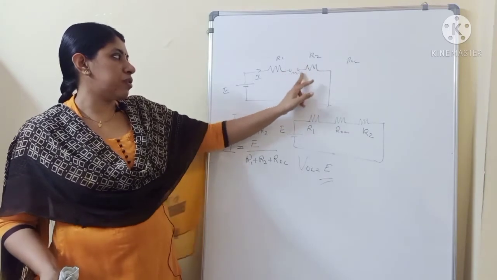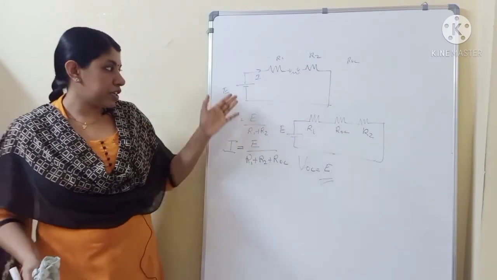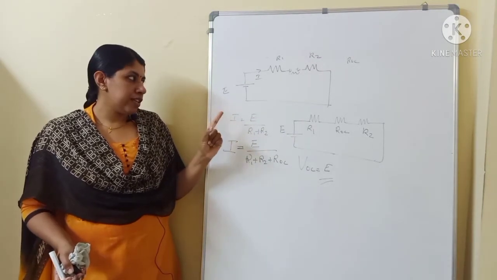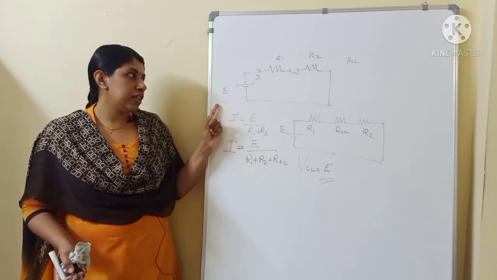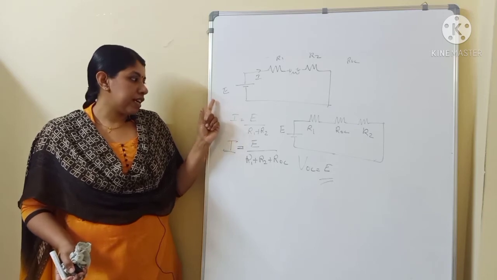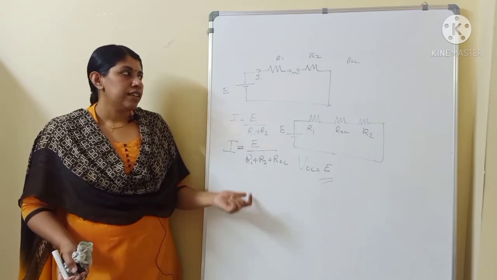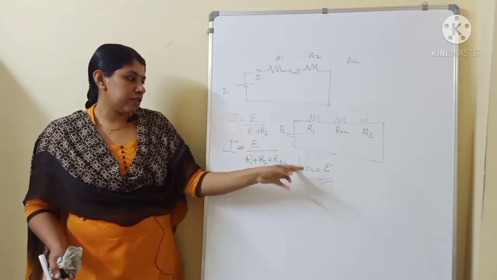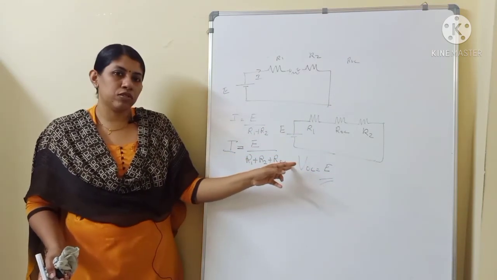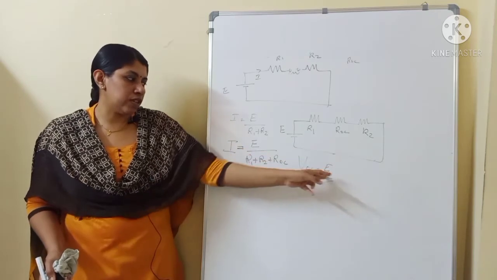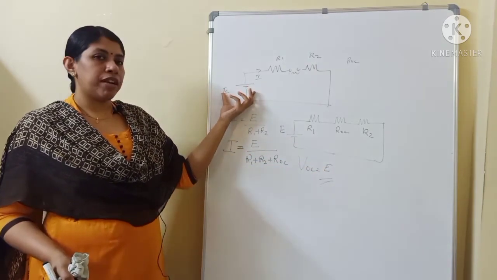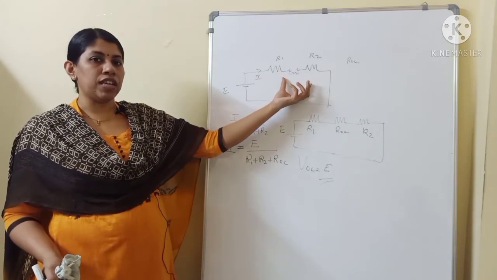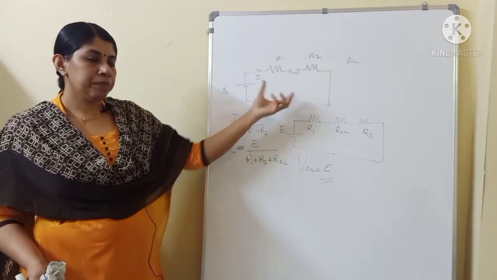Because of that feeble current also, the entire voltage which we have applied will come across this particular open circuit. So in this connection, we have to remember two things. First, when an open circuit appears in a series circuit, the current level will decrease. Next, the open circuit voltage will be equal to the applied voltage. This concept is very important. The entire voltage we have applied here will appear across the open circuit, because it has a very high resistance value.